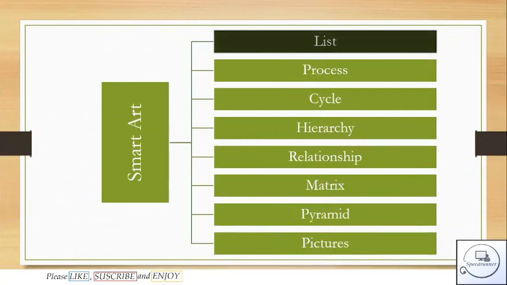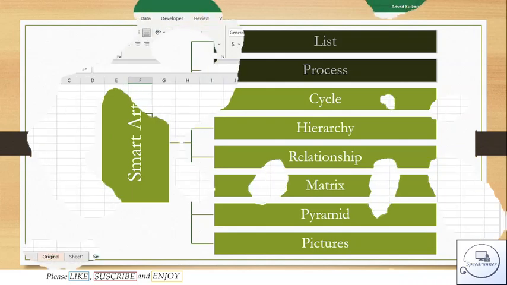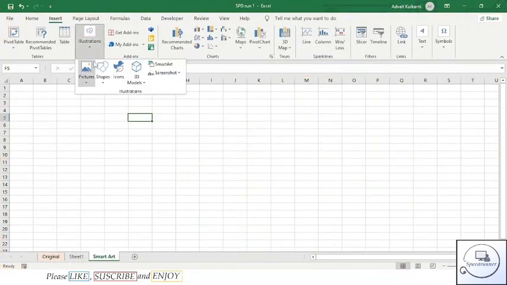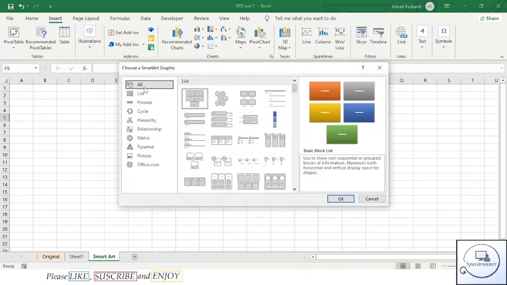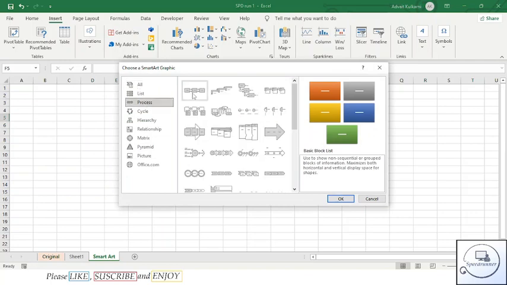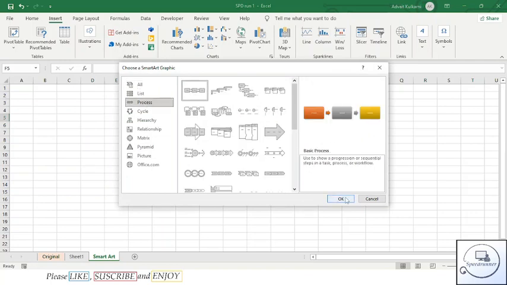The next one on the list is process. When you want to depict a process like from A to B to C, you need process. An example for process is process of photosynthesis. Let's go to smart art. Under the process, click on basic process.